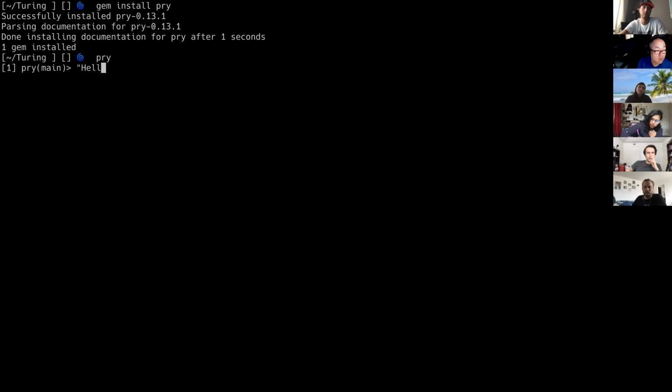I'm going to do "hello world".upcase. And what we're doing here is that upcase is a method. Upcase is a group of related instructions. It's going to take whatever it is called upon, in this case the string hello world, and convert it all to uppercase letters. The idea here is that upcase is a kind of abstraction that lets us combine a whole bunch of code that's been written previously